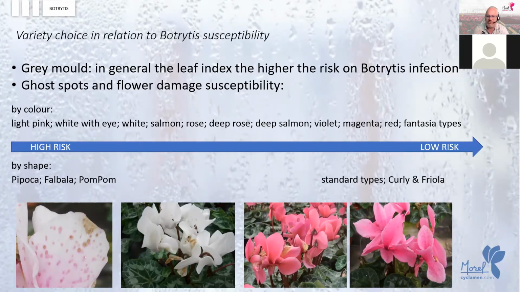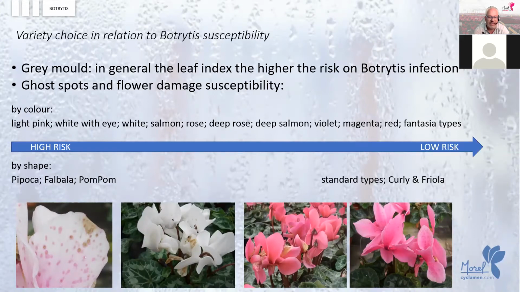A lot of outdoor testing is done at various test stations around the world. And some test stations claim that variety X is more resistant to botrytis on the flower than variety I. That's not true, I think, because as far as the flowers go, botrytis can attack every flower. It's just that it's more easily visible, perhaps, on the lighter colors, so the pastel colors,